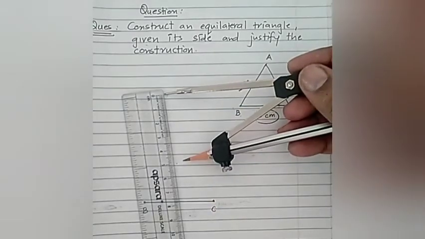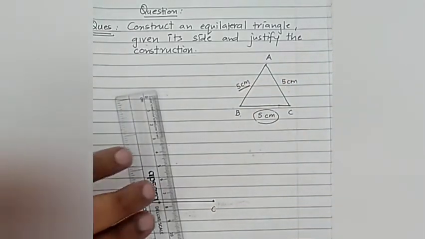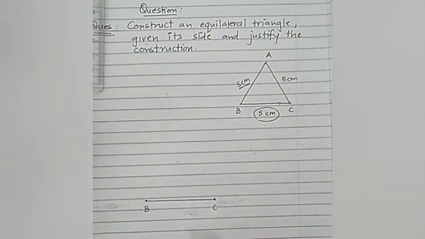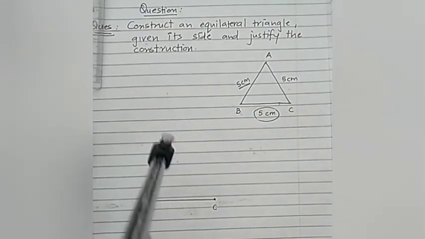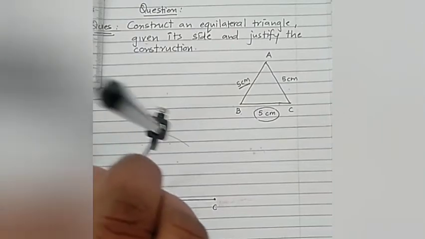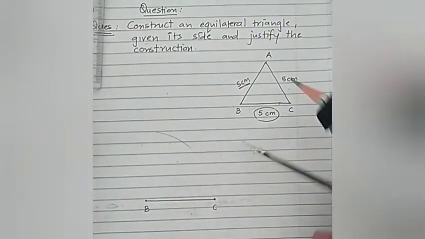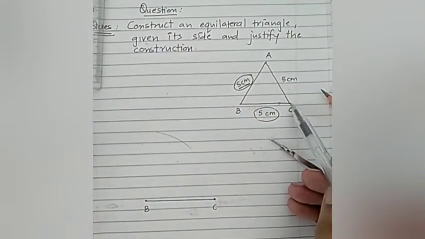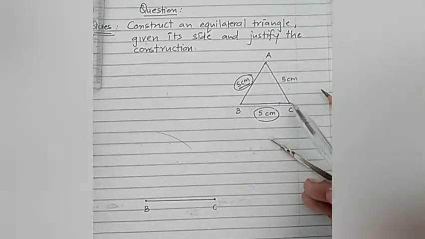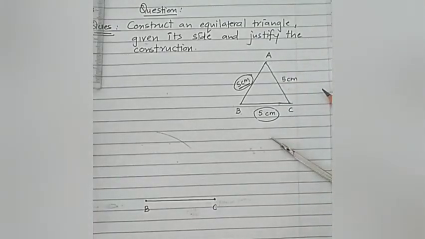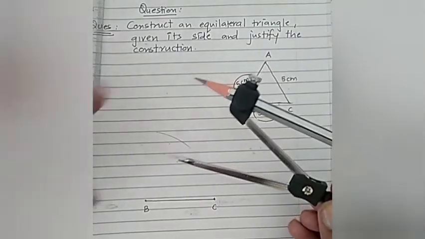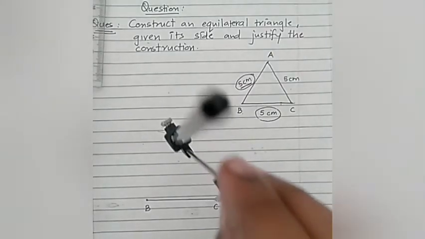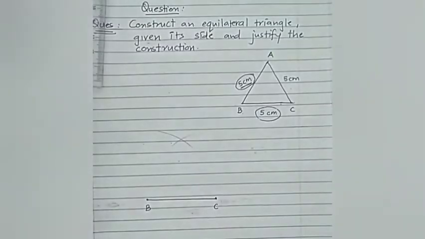Now, since I've got my 5 centimeters, all that I will do is, from point B, I know the distance from point B to point A is 5 centimeters. So keeping the center as B, I'll make an arc. And what is the length of this arc? This was 5 centimeters. So this has been taken care of. As well as from point C, how far is the distance of point A? It is also 5 centimeters. So I'll use a rounder which is already set at 5 centimeters. So from point C also, I'll make an arc of 5 centimeters.